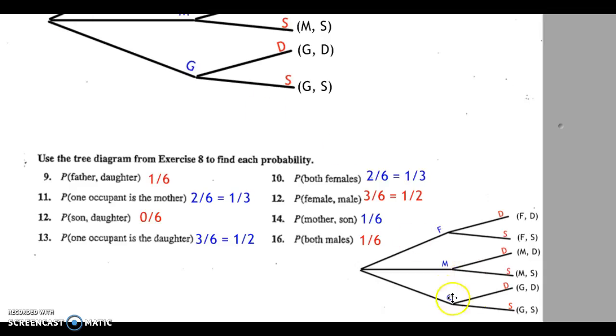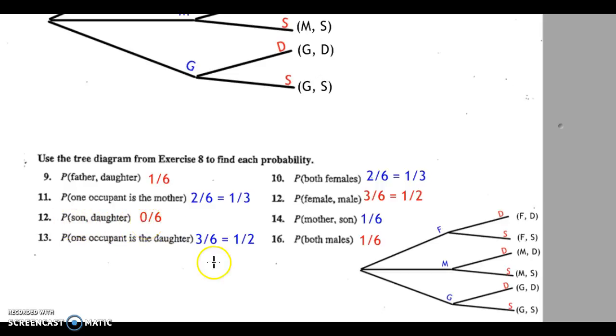Alright, as you can see, I made a smaller copy of the tree diagram here, and I'm using it to find each probability. Let's take a look at some of the more complicated ones. We see that for number 12, it says son and daughter, the probability is 0 out of 6. That means that none of these outcomes include both a son and a daughter, which makes sense because in the front seat, it has to be one older person, one adult, and one younger person, one child. So there should be only one child in the seat, and there are 2 children here, so the probability is